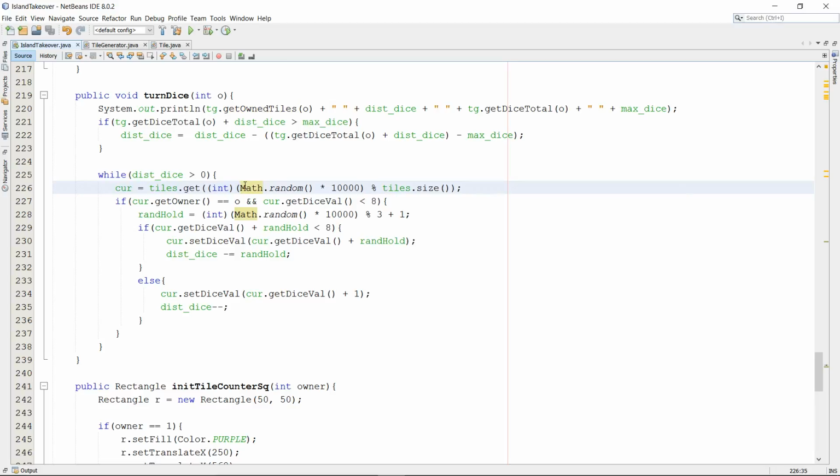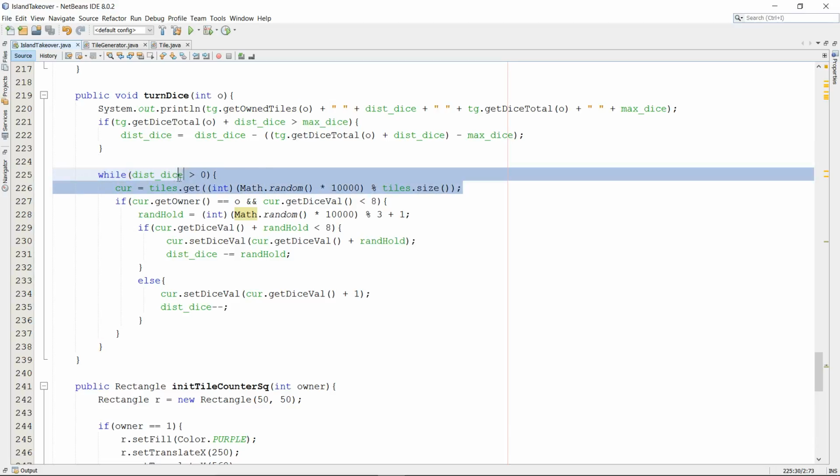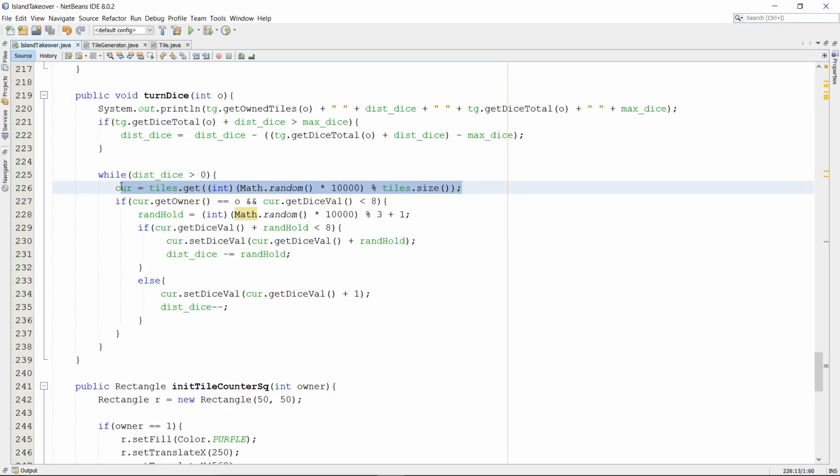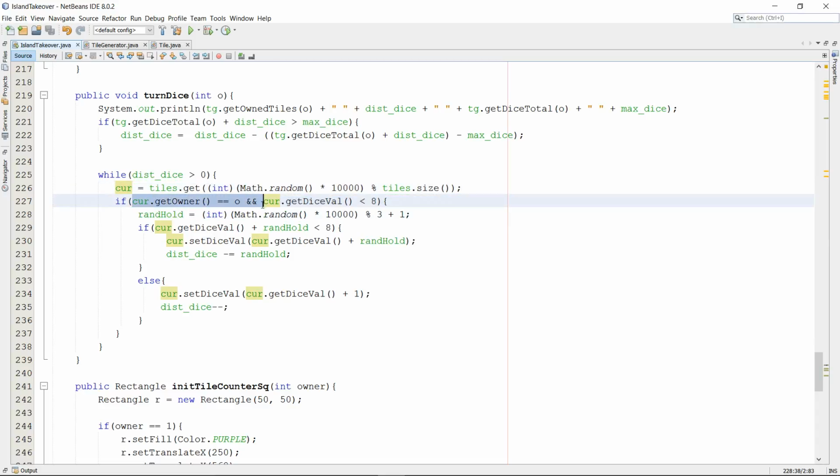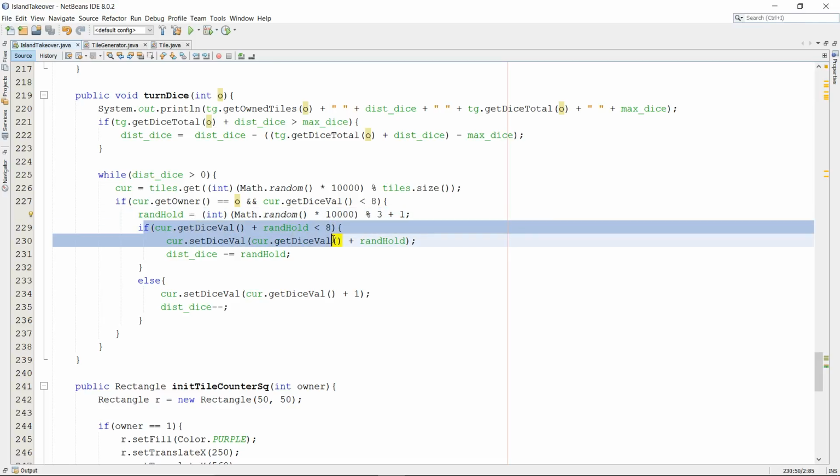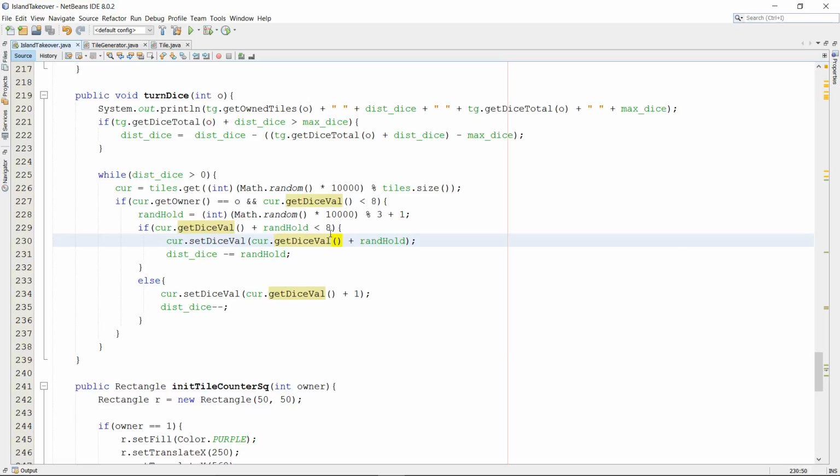I'm literally just taking a random tile, which is probably not a good idea. It's probably really inefficient, but it literally just goes around and picks random tiles, and it says if the owner is correct and if the dice value is less than 8, add up to 3 to it. So this could either give 1, 2, or 3. And then current get dice val plus rand hold is